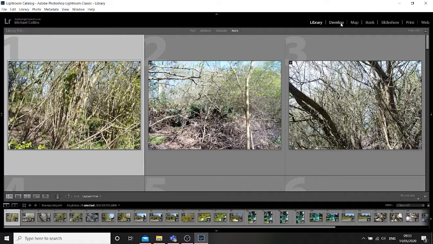After which we go on to develop. And after that, I'm going to miss out every one of these because we don't need to use them. We only need to use the library and the develop tool. So the library tool is essentially thinking about which ones we want to take through to develop. If I just wanted to go on to develop now, I could just click on develop and we could just